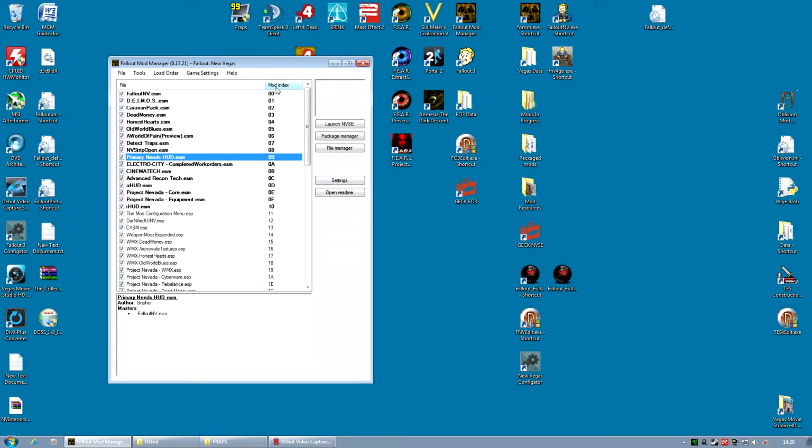Let's pretend Primary Needs HUD has been installed, was working for a while, and suddenly stopped working. Or you installed it to start with and it just didn't work when you loaded your save. We're going to do the clean save, and the way this is done is to uninstall the mod that is not working. So go to the package manager,